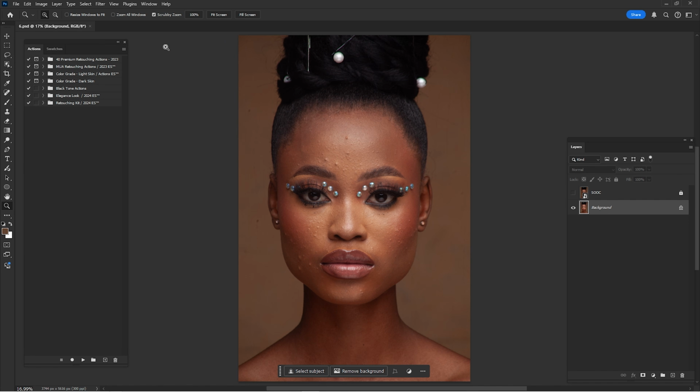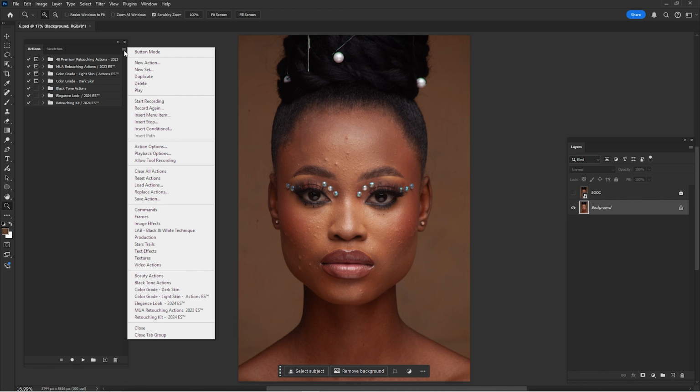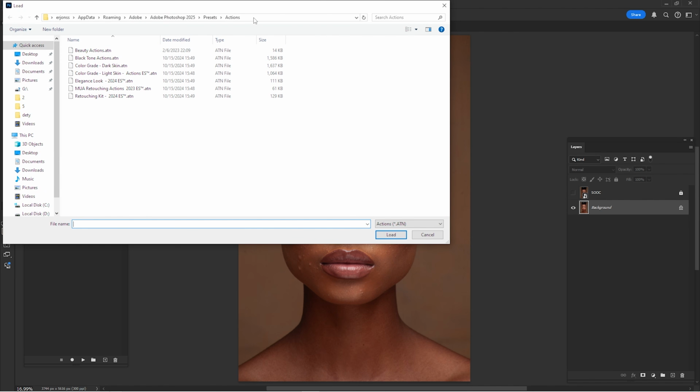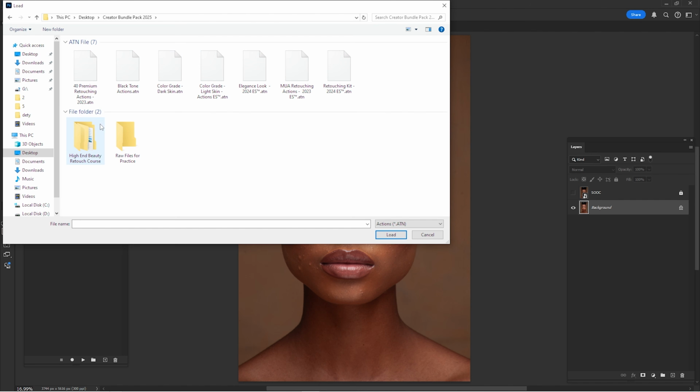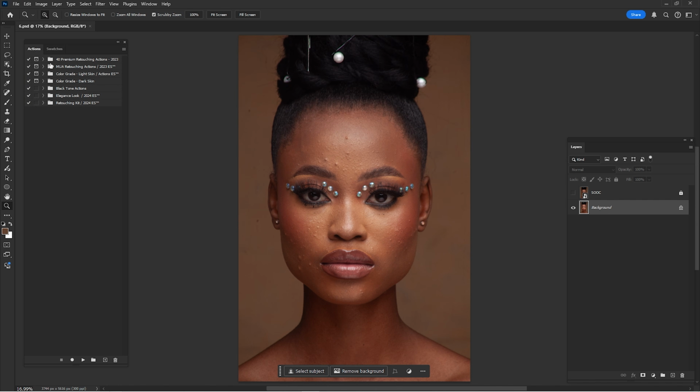So first thing first, after you have downloaded the retouching actions, you can go to Window, click here on Actions. You can click here on the 3 lines and click Load Actions. Go to the folder where you have downloaded the retouching actions. So here we have the retouching actions that we have downloaded before. You can just click here on the Retouching Kit, for example, and click Load, and boom, you will have them